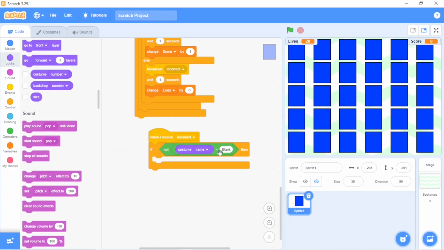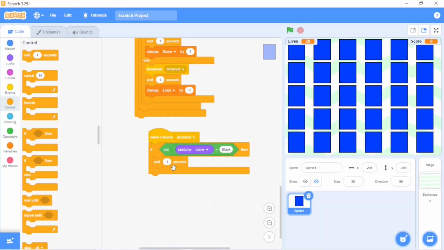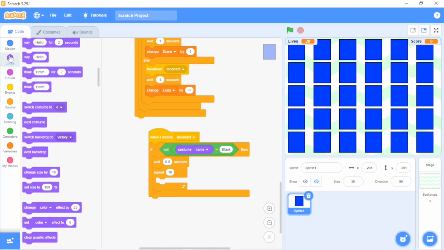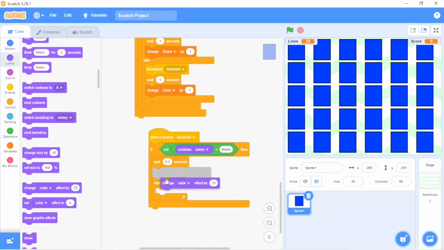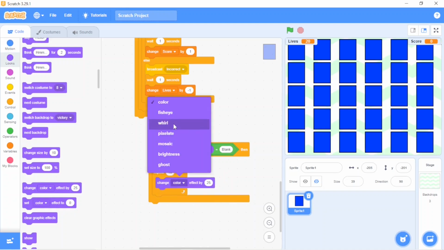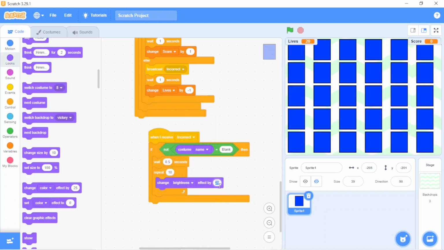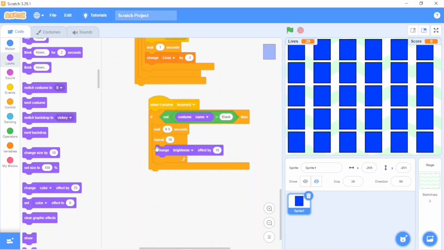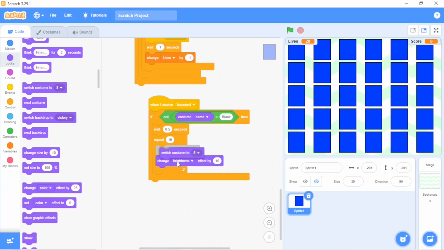If the costume number is not equal to blank, then wait for 0.5 seconds, then repeat 10 to show the graphic effect. I will choose change color effect and here choose again brightness, the same blocks we have used. Afterwards, we are going to choose switch costume again to the empty one because we have flipped and if it does not match, we need the blank costume.